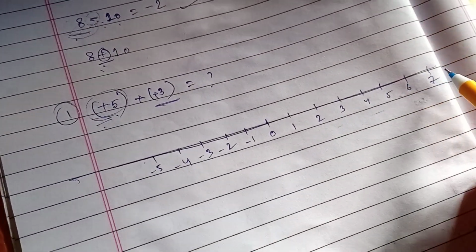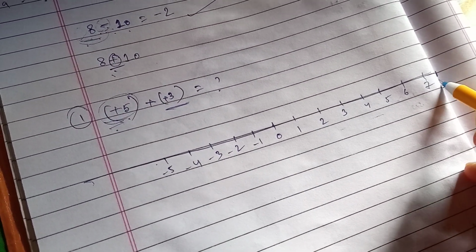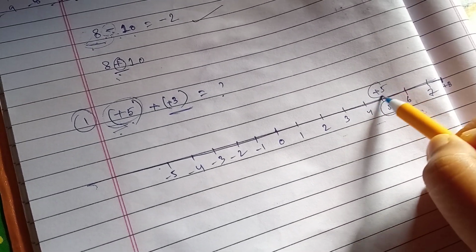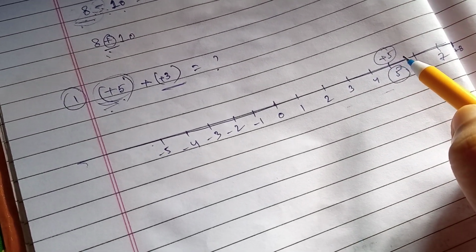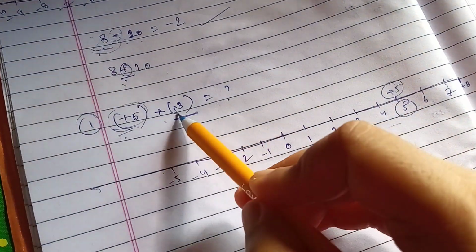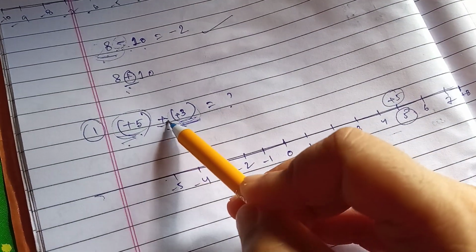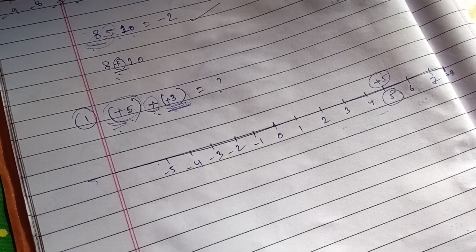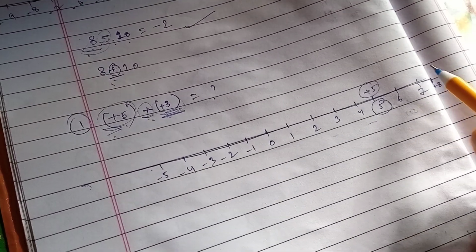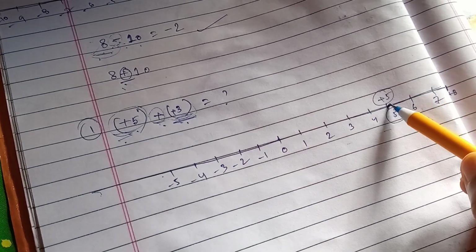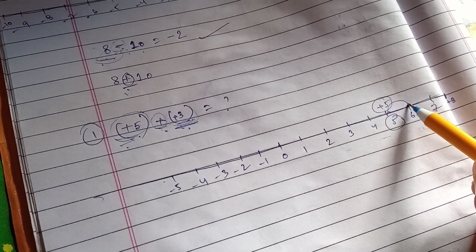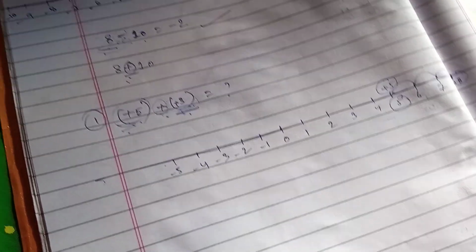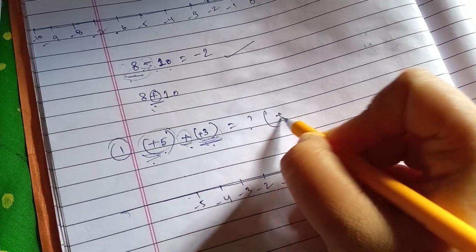So you see here that plus 5 is this position. This is our plus 5 position. Now the plus 3, plus of plus 3, is also a positive integer, and the symbol in between is the plus sign. So we will go to the right side of the number plus 5. Right side means this side. After taking 3 steps, what number will you get? After taking 1 step, 2 steps and 3 steps, we will reach plus 8. So the answer will be plus 8.